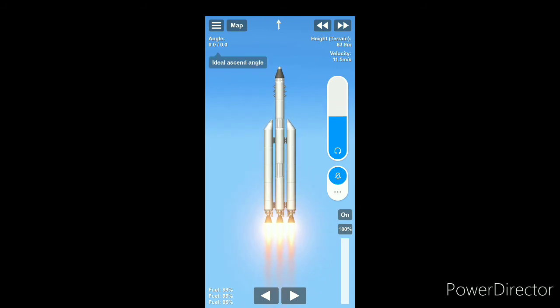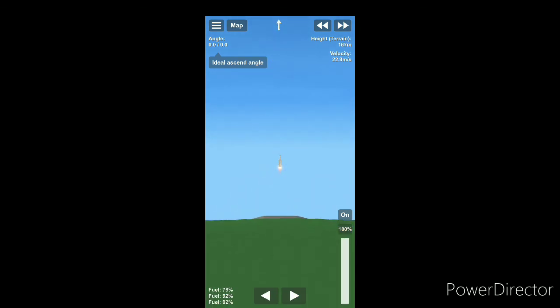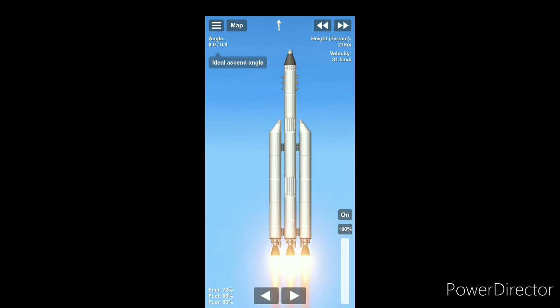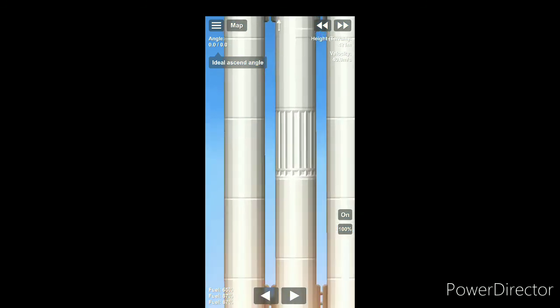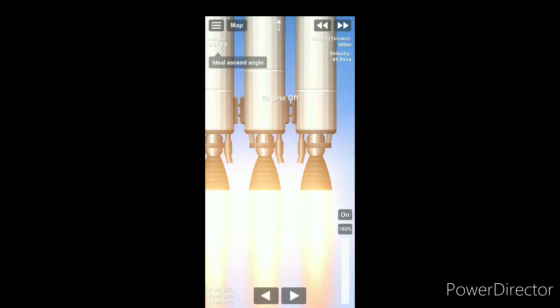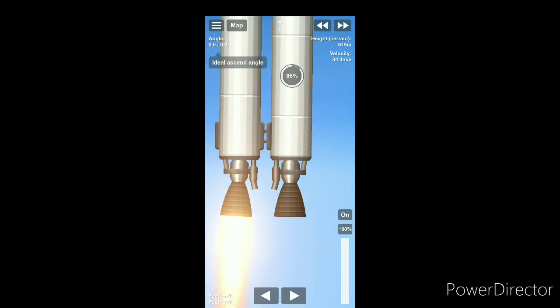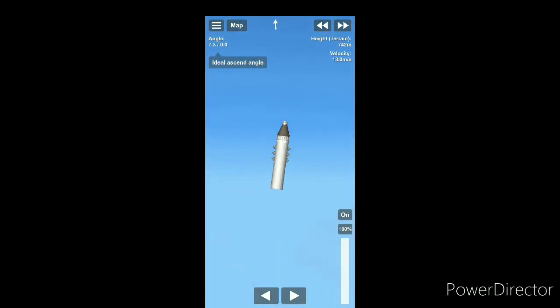The main thing is you have to make the rocket lightweight so that it can go faster. My rocket is not so light. It's actually heavy currently. So this is how you launch the rocket, guys. If you want to release these side boosters, you have to just click on these stuff here. So first we'll switch off these here and we'll click on this. Okay, we'll click on these two. So now the rocket is launched, but it got destroyed a little. So this is the way you can launch these rockets, guys.